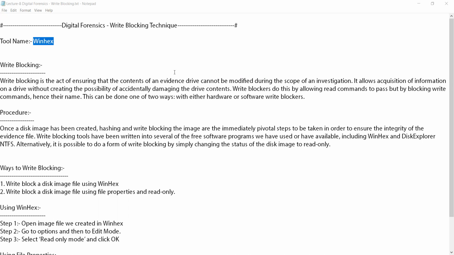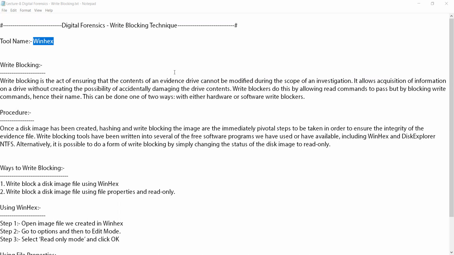They cannot manipulate or alter anything in that file, so the integrity of the actual image file is stable, and we can maintain the integrity.